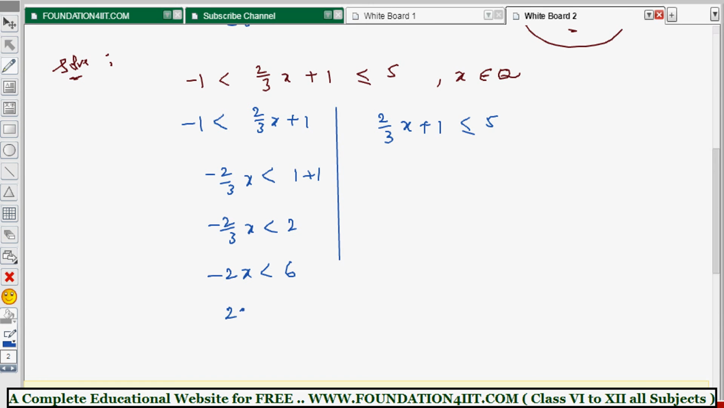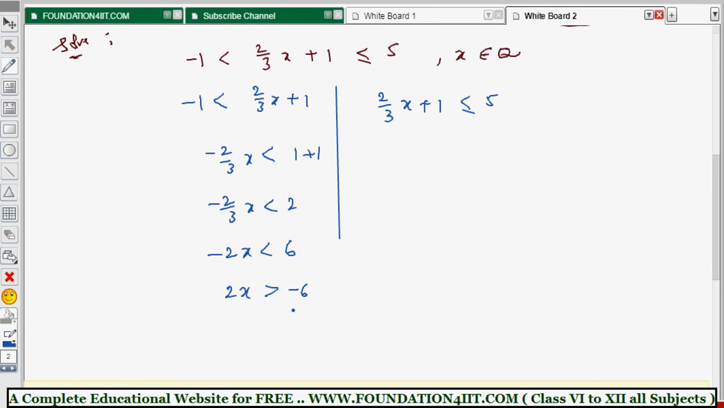That means plus 2x is greater than negative 6. I multiplied with minus 1 on both sides. Whenever you multiply with a negative, immediately you have to change the inequality sign. Then x is greater than minus 6 by 2. x is greater than minus 3. Okay, this is the first. Now the second one, 2 by 3x is less than or equal to